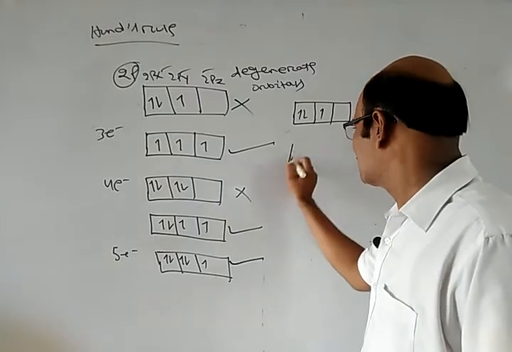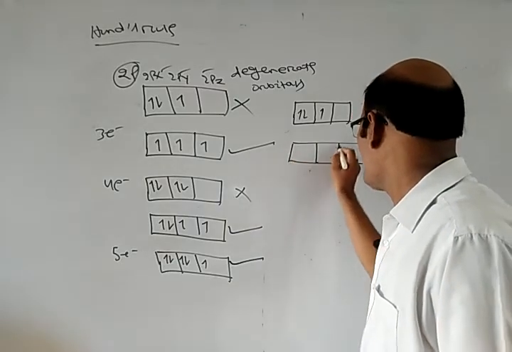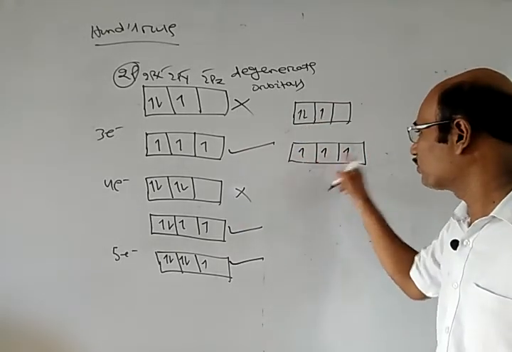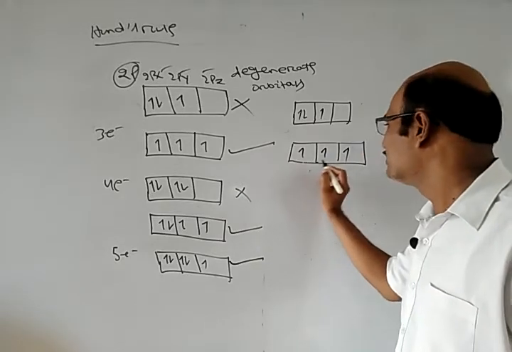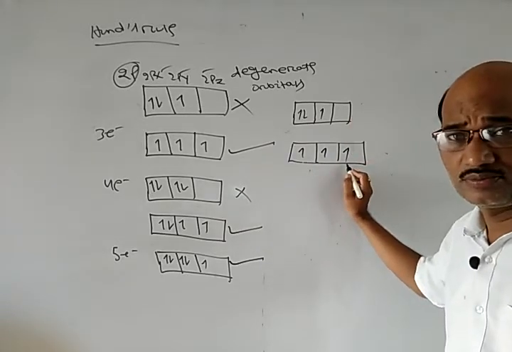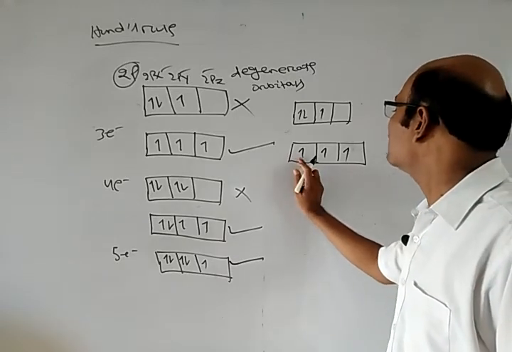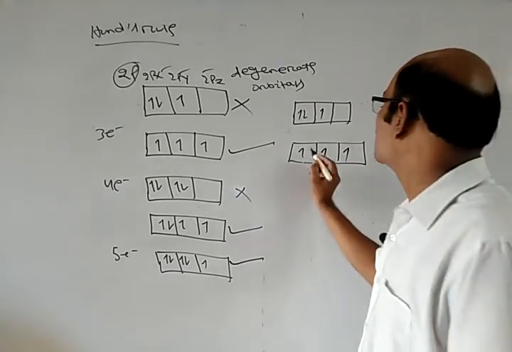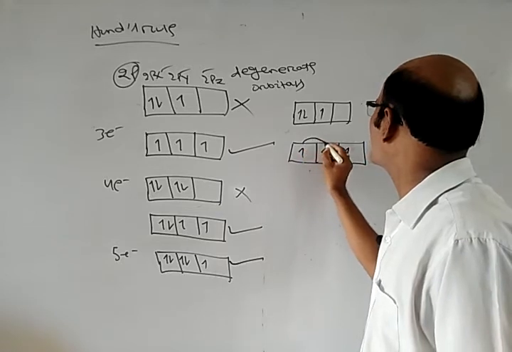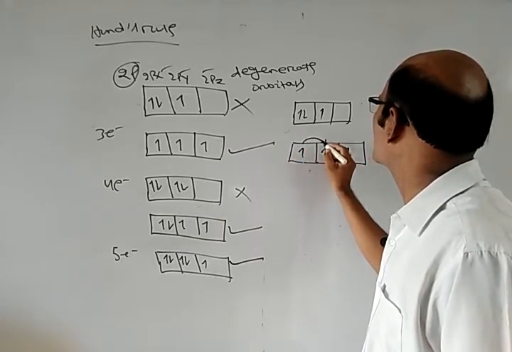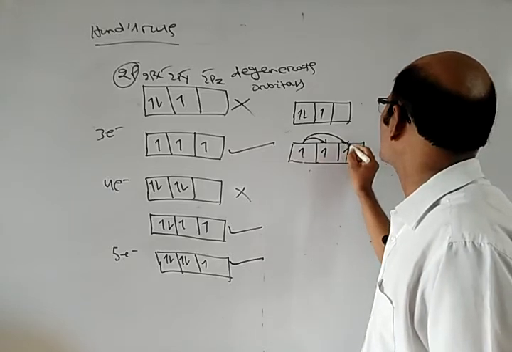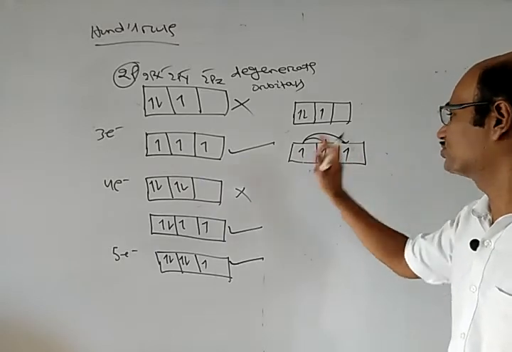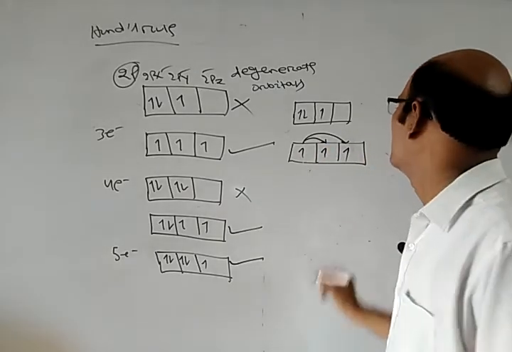Now if I say this case, 1, 2, 3, same 3 electrons I have given here, singly 1, 1, 1. Then this one is unpaired, this is unpaired, this is unpaired. Okay, and these are in the equal state. So what will happen? This electron from this position can jump to this place, can come to this place. So this to this, this to this, this to this can exchange.